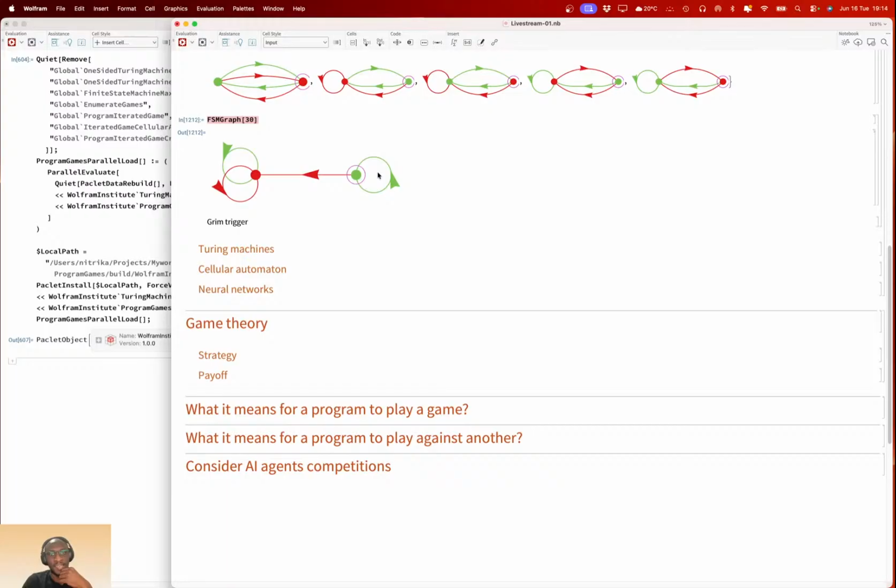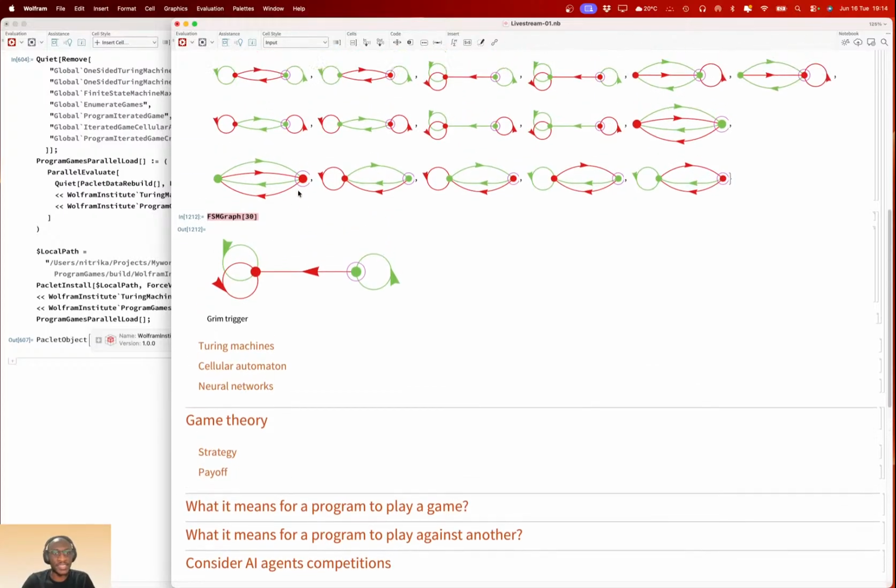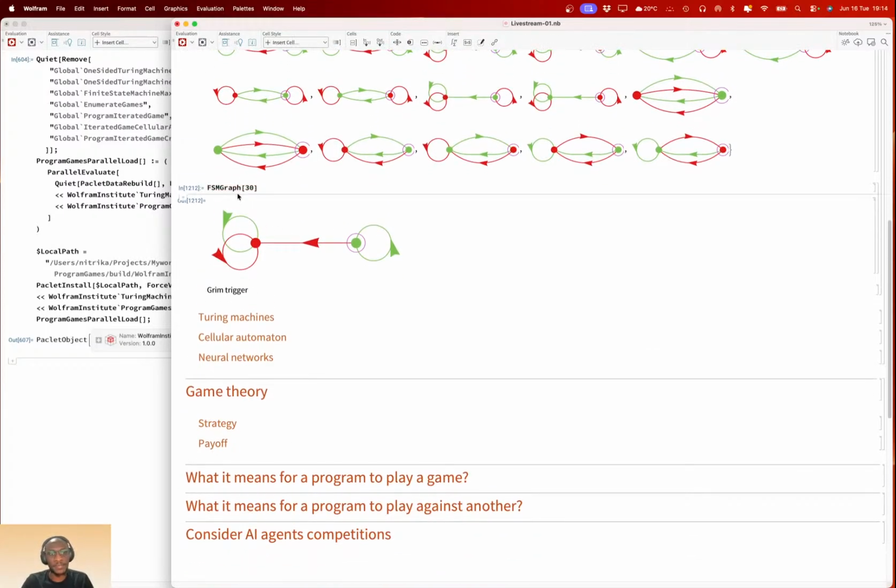Those are the colors used in the blog by Stephen: green means cooperate, and red means defect. So initially you cooperate, and you keep cooperating. After the first defection, all the next moves will be defecting. You get punished. So this is an example of Grim Trigger.